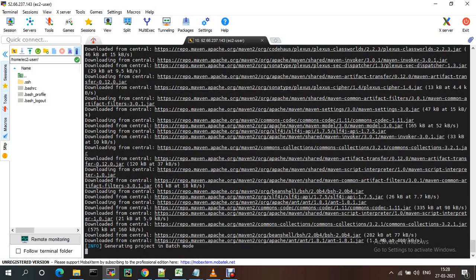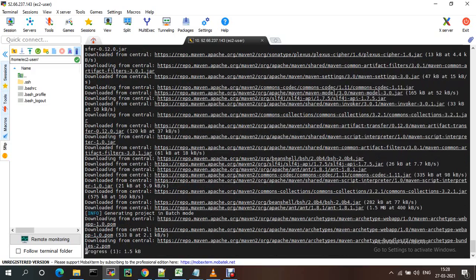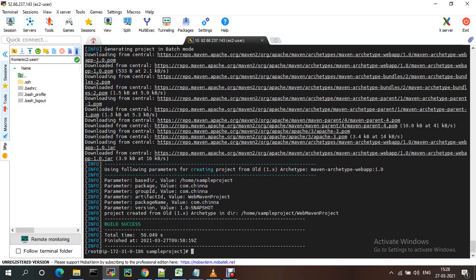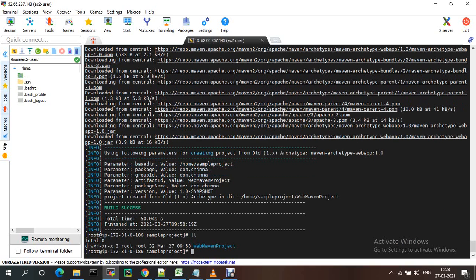In the pom file, it contains the group id, artifact id, packaging, version, dependencies, plugins. Everything will be available. So if you see, our project is web maven project.